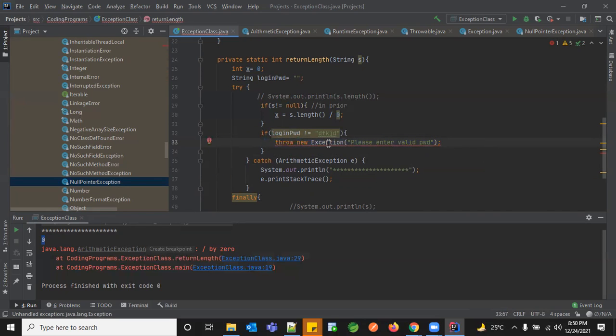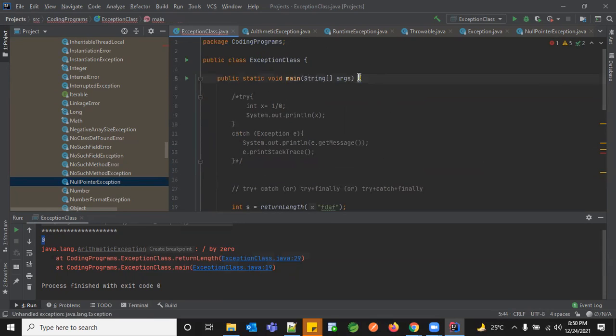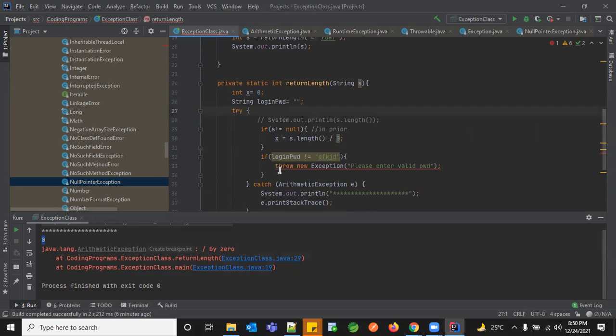Right now this is an exception, right? So whoever is handling it has to have that. So now what happened? Whoever is coming in and is giving some password, if that is not matching the existing one, I'll say please enter a valid password, which right now I'm creating using an Exception class.